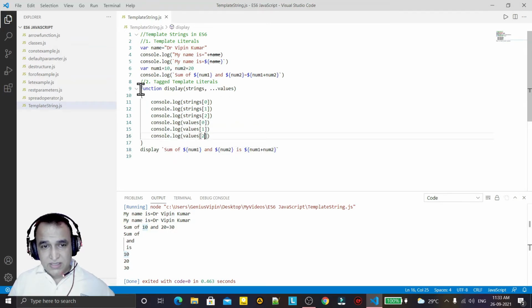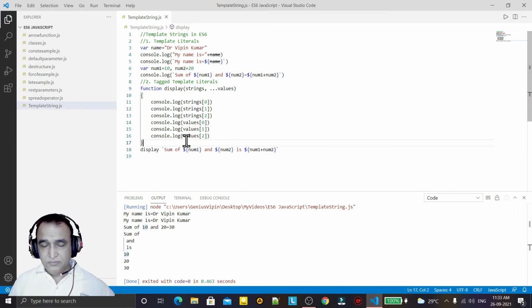So like this I can modify the method also, this function also in JavaScript, and using tilde operator we can pass the string, and automatically the string and the values of this string is filtered here. Automatically number will go to this one and string will go to this one.